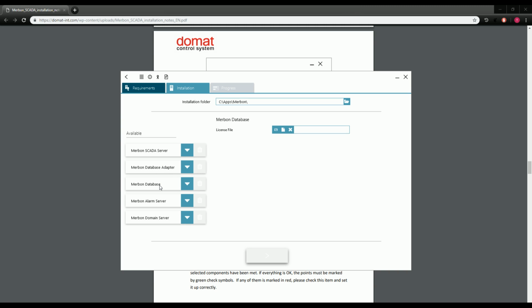Here is the Merbon database itself. Merbon alarm server, as I said, is used to create the messaging or messages, and it's used to store the history of the alarms. And Merbon domain server is used for creating the user policy. So we will try to install the Merbon SCADA server. We will try to install the Merbon alarm server and the domain server. Here on SCADA server,